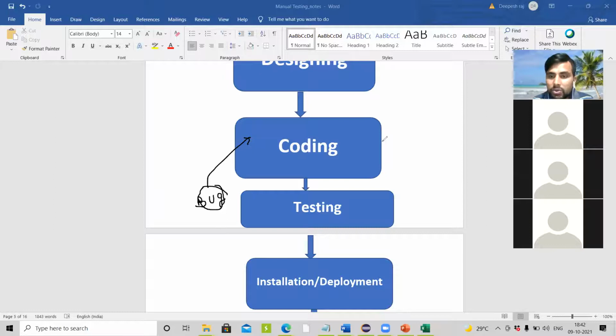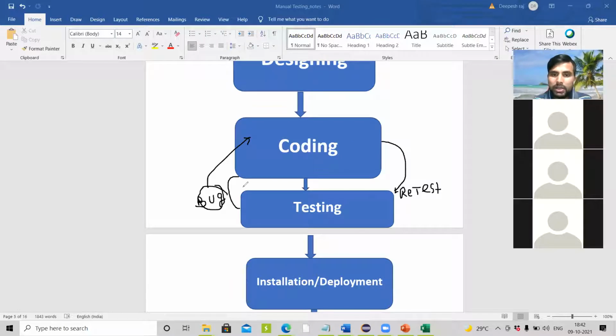And again, it is handed over to whom? To you, for retest. It is not testing, it is retest, because again you are going to test it. If it is still a bug while retesting, it is handed over to the developer again, saying the bug is still there. Again he will fix it.